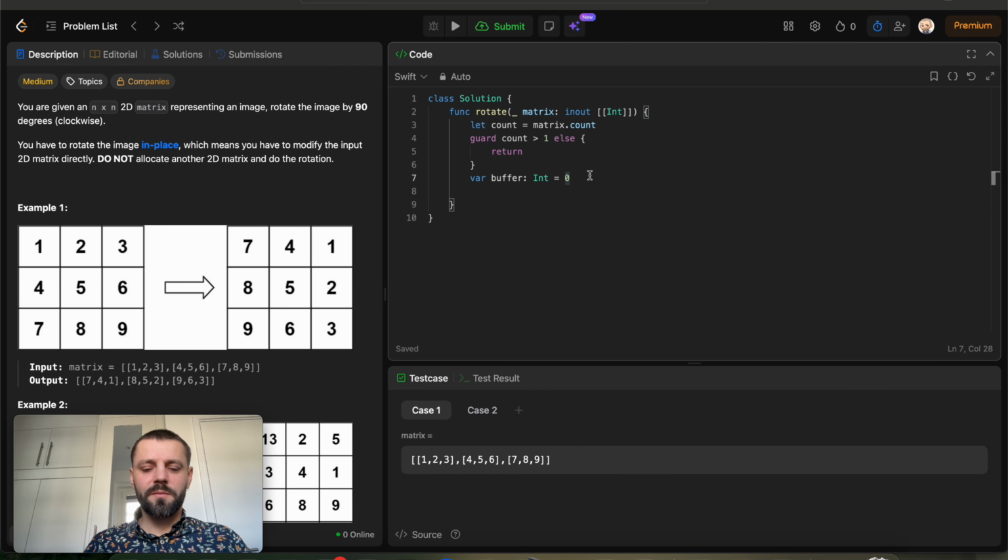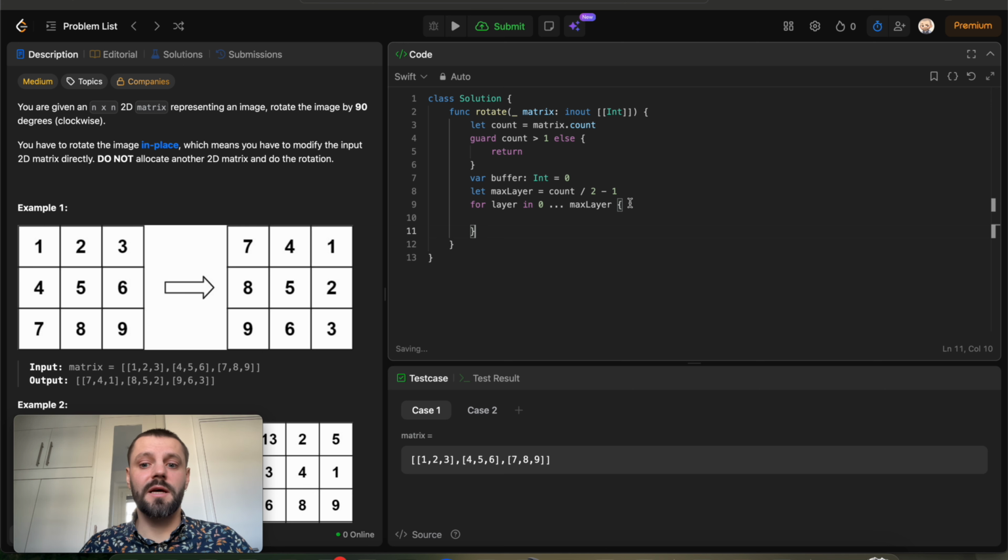So let's get back to our code. To iterate through the layers, first we need to find some max layer to deal with, and as you can guess, it is related to the size of the matrix. We are going to just divide it by 2, and also we don't need the core element for the odd size matrix, so we are going to just leave it behind. So for the layer from 0 to max layer,